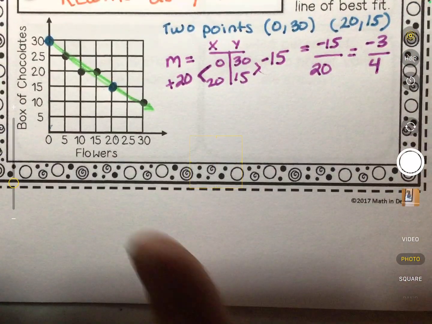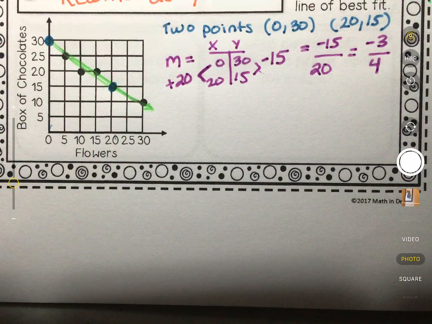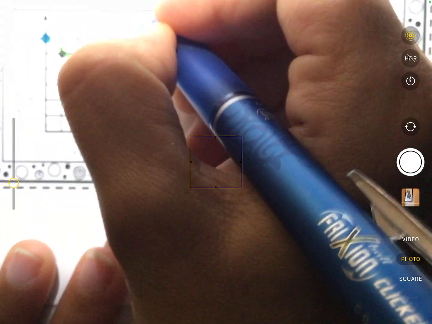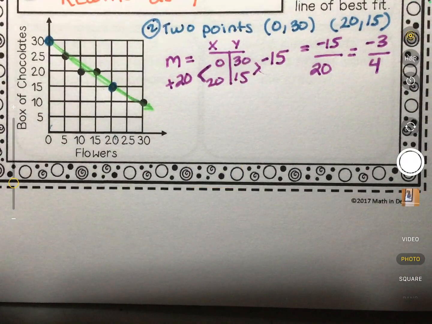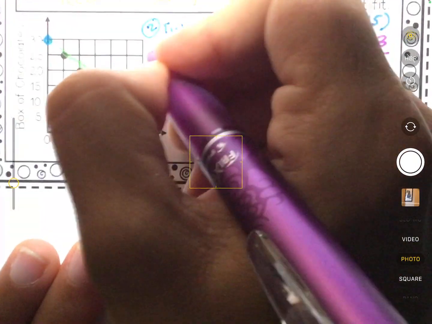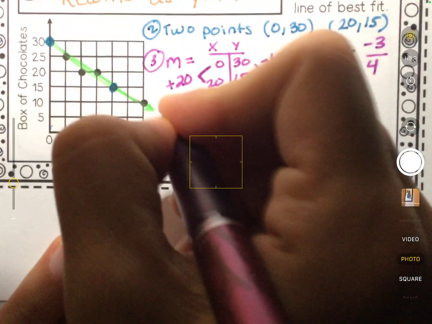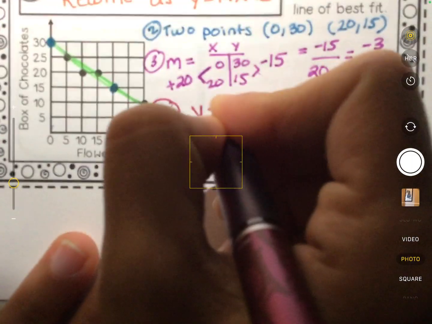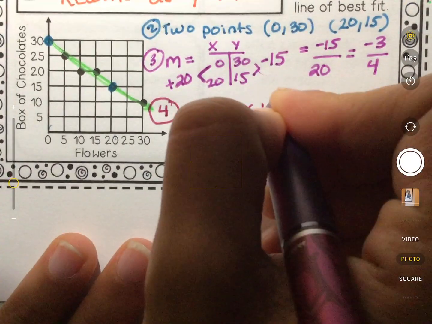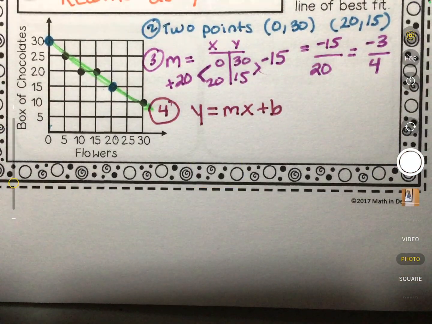Okay. But to write my equation it is y equals mx plus b, and I don't have the b value. So what I'm going to do, I'm going to label this was step 2. This was step 3. All right. For step 4, I have y equals mx plus b. I need to fill in m and I need to fill b with a number, but I don't know